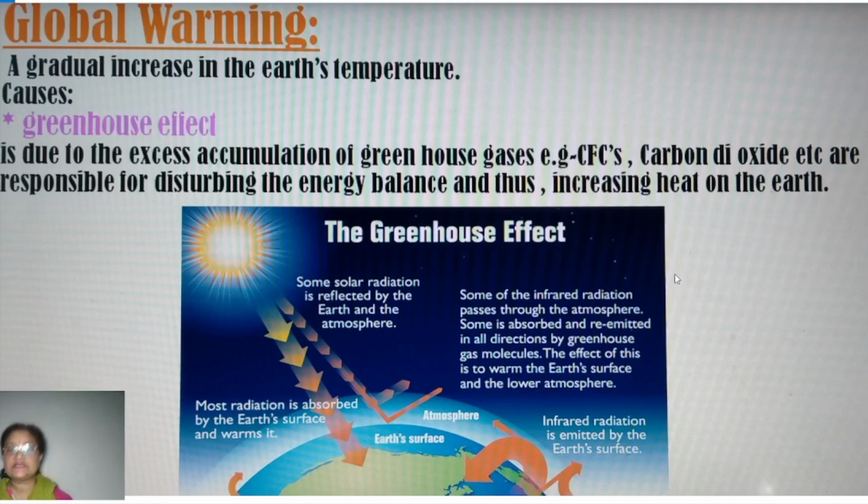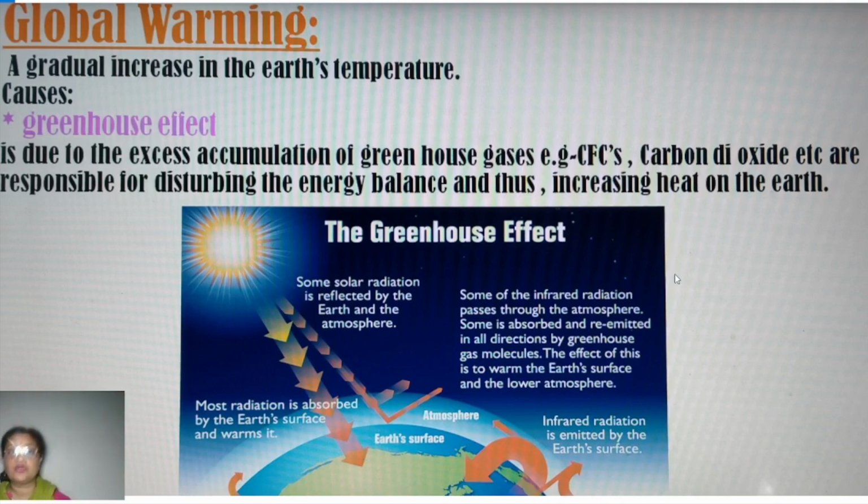Moreover, it is helping the temperature of Earth to remain moderate. If the ozone layer is not there in the atmosphere, it will cause the temperature of the Earth to rise very high, because the ultraviolet radiations increase the temperature of the Earth's surface, right? So because of the presence of the ozonosphere, the temperature of Earth's surface is kept moderate. It is maintained to a level only so that the living beings can survive.